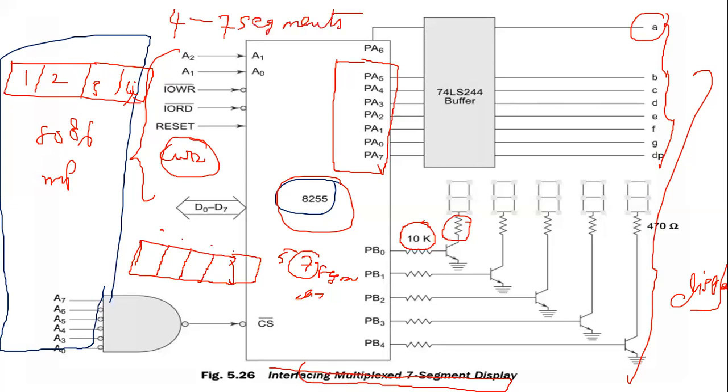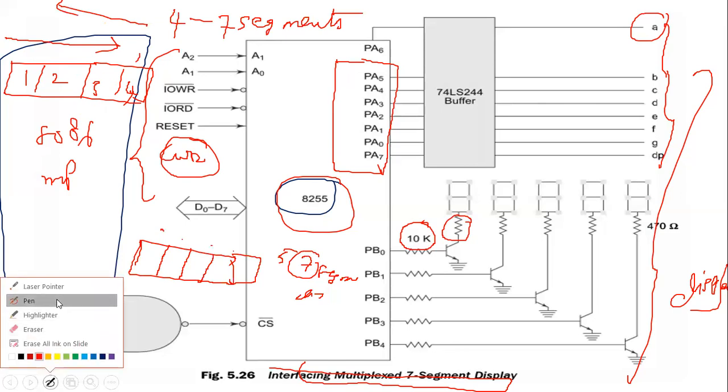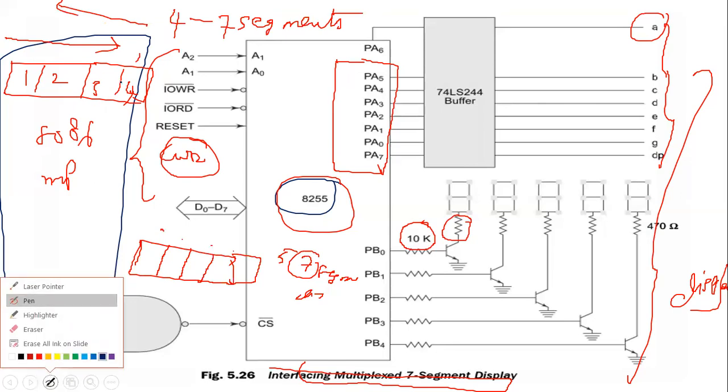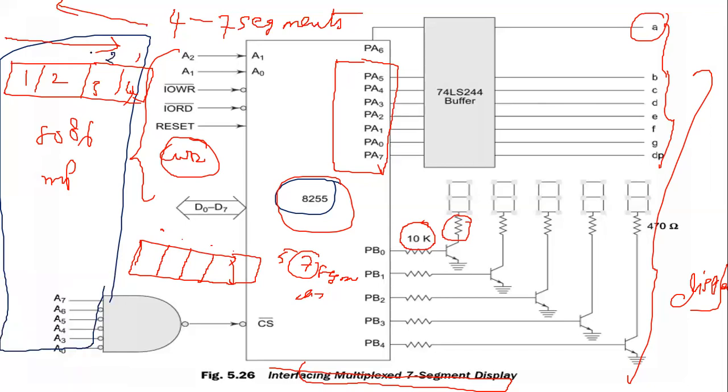In this case, I may show the numbers 1 2 3 4, or I may show the numbers in this direction also. For suppose I change the pen color, see this, maybe this direction also: 1 2 3 4, from right to left, left to right. You can display the numbers from right to left or left to right.